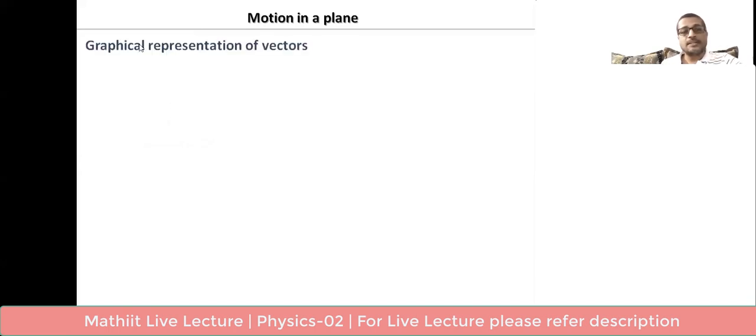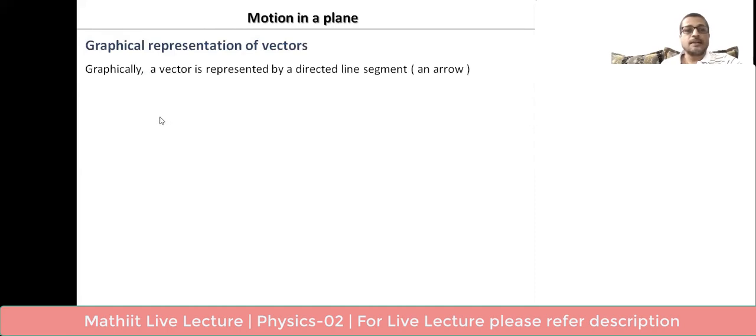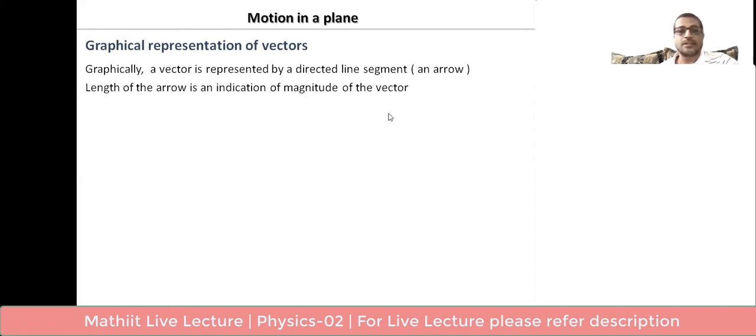So now, yesterday we did discuss all this graphical representation of vectors. Graphically, a vector is represented by a directed line segment, an arrow. We learned about that yesterday. The length of an arrow is an indication of the magnitude of the vector. In many books, and many teachers also, they just end up saying that the length of the arrow is the magnitude of the vector. That is not completely correct, because a length can only be,